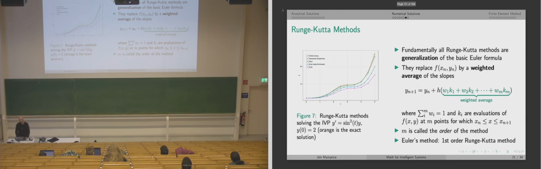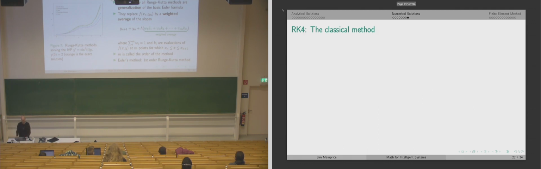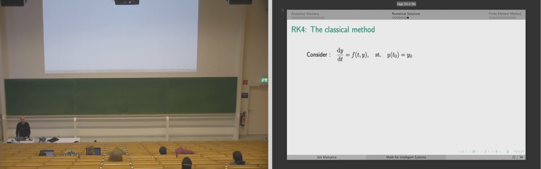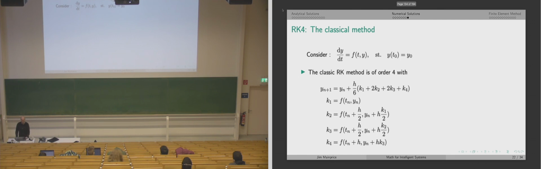M is called the order of the method, and Euler's method would basically be a first order Runge-Kutta method. So it's a generalization of the Euler method to query multiple times the first order derivative and then linearly combining these results. And the classic Runge-Kutta method is called RK4, meaning that it's the fourth order of the method. So if we have an initial value problem like that,